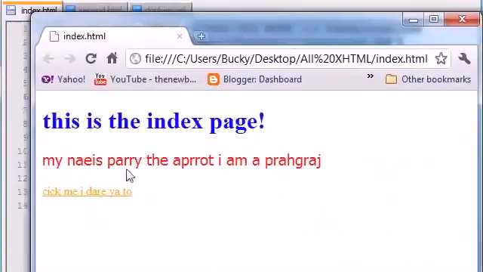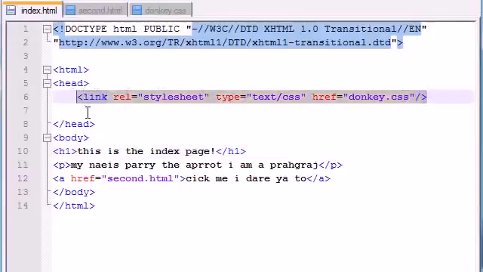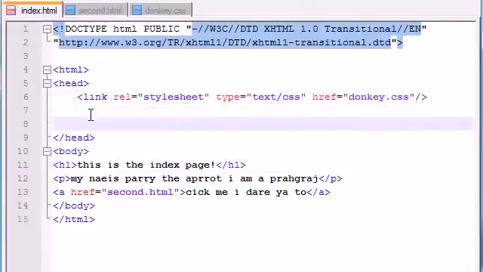But what if you come across a situation where you have all your web pages the same, but there's one web page that you might want to do a little something different. Maybe you want all the paragraphs bigger, or maybe you want all the headers to be a different color. Well, you don't have to throw a fit, because there's a simple way that you can override the styles on an external style sheet using the old style tags that we learned before. And this is where the term cascading comes into effect when we're talking about cascading style sheets, or yeah, that's what they're called. So anyways, in order to override a style, let's go ahead and take a look at our main